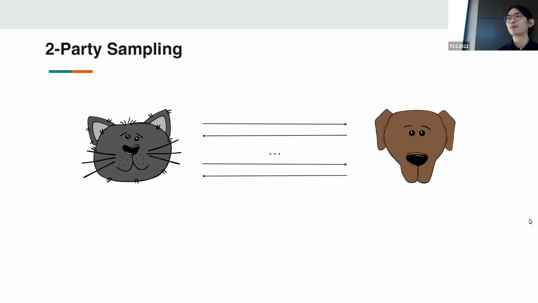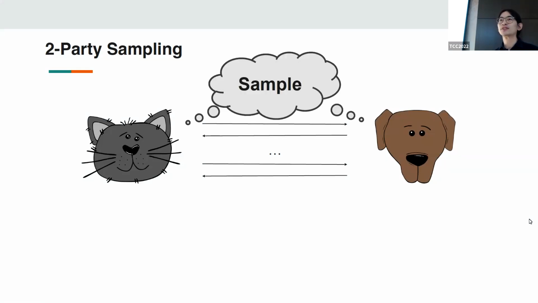So speaking of secure sampling, let's consider a study of two-party computation. Suppose we have two parties and they want to sample some information from some joint distributions. This actually comes up a lot. In particular, differential privacy has been studied a lot, where we often sample from Gaussian or Laplacian distributions. And there are also other settings where we want to sample from private distributions. There are prior works on public functions. So what if the probability distribution itself that you want to sample from is shared across two parties?